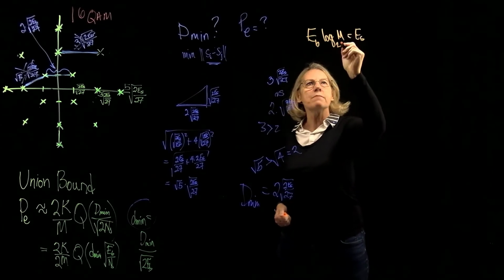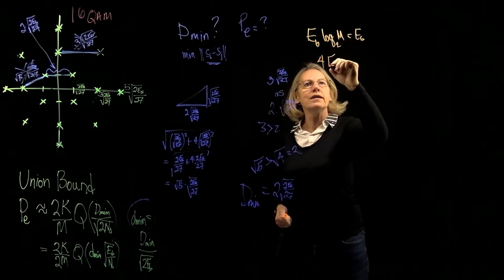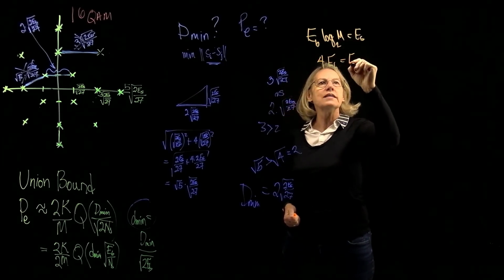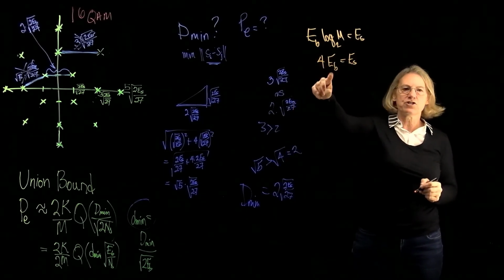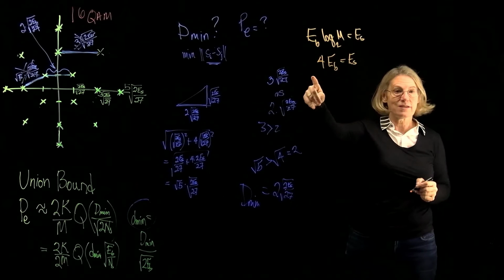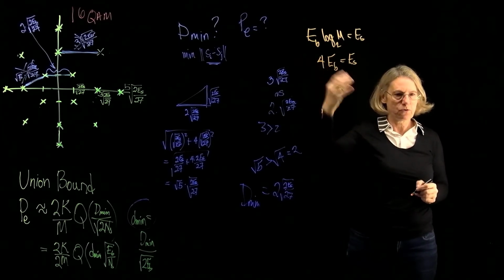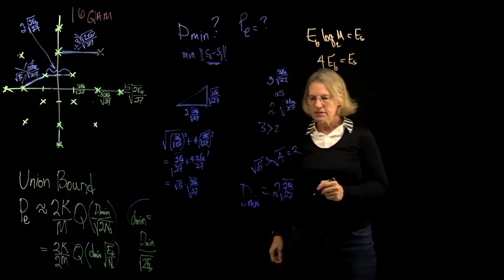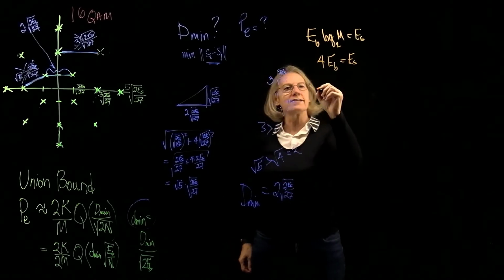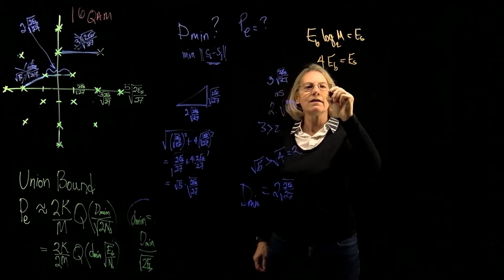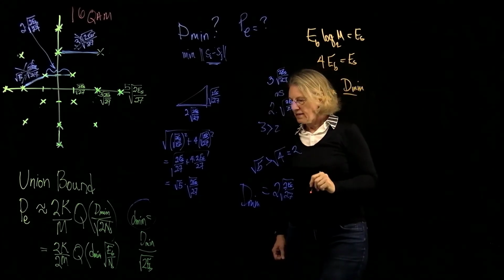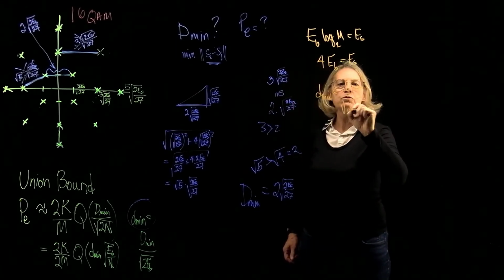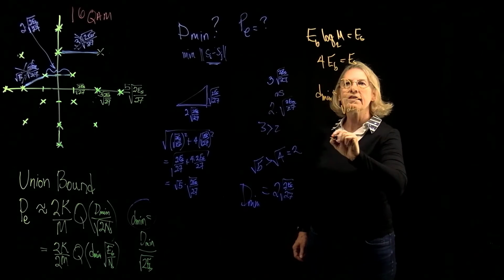So in this case, M is equal to 16, so 4EB is equal to ES. So I take the average energy per bit. There are 4 bits in a symbol, so the energy of a symbol is 4 times EB. And so that means that if I were looking at dmin, which is equal to Dmin uppercase divided by the square root of 2EB, then I would get